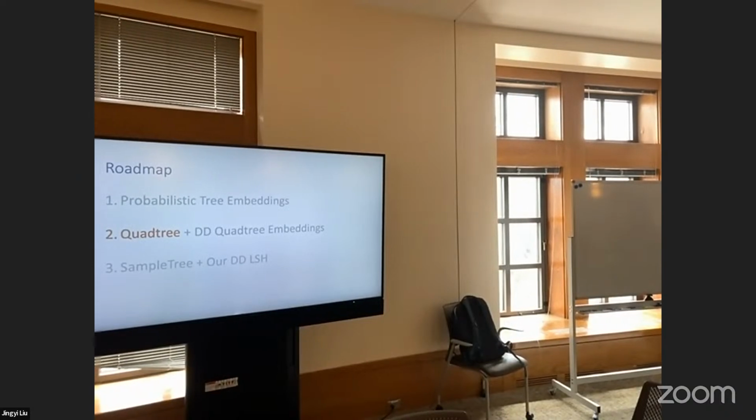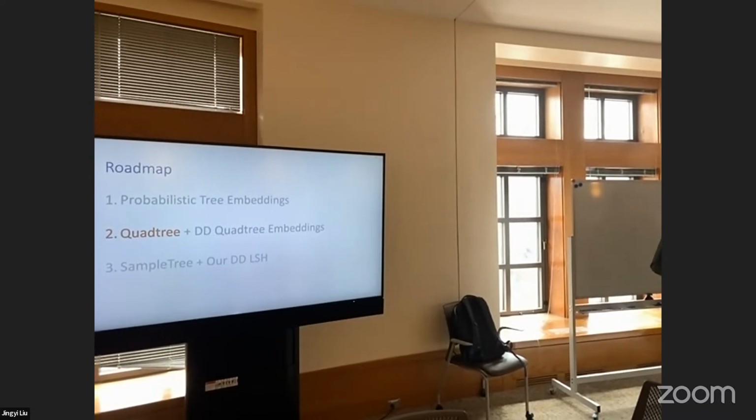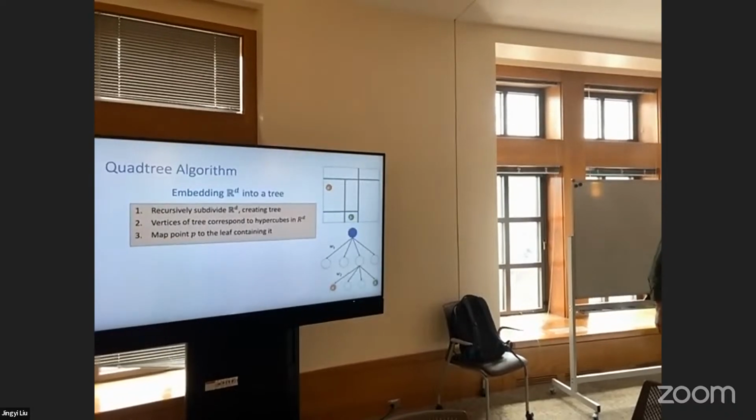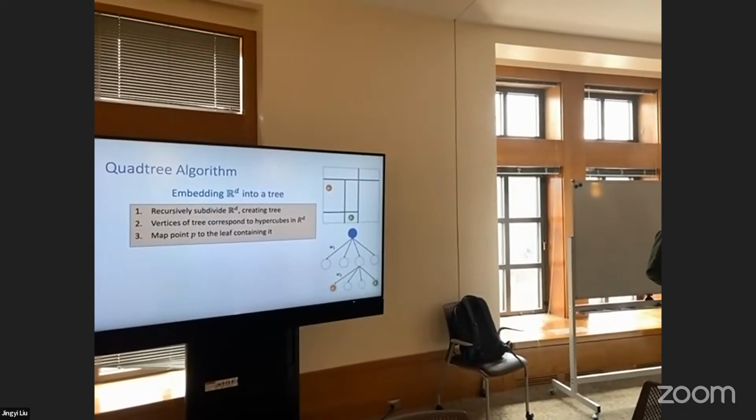So first, let me tell you about this first embedding, which I'm going to call the quad tree embedding. This is the embedding from the Andoni, Indyk, and Krauthgamer paper. So what is even the general idea of how you do such an embedding? Well, it's fairly straightforward. I'm going to take my d-dimensional Euclidean space, and I'm going to randomly or recursively subdivide